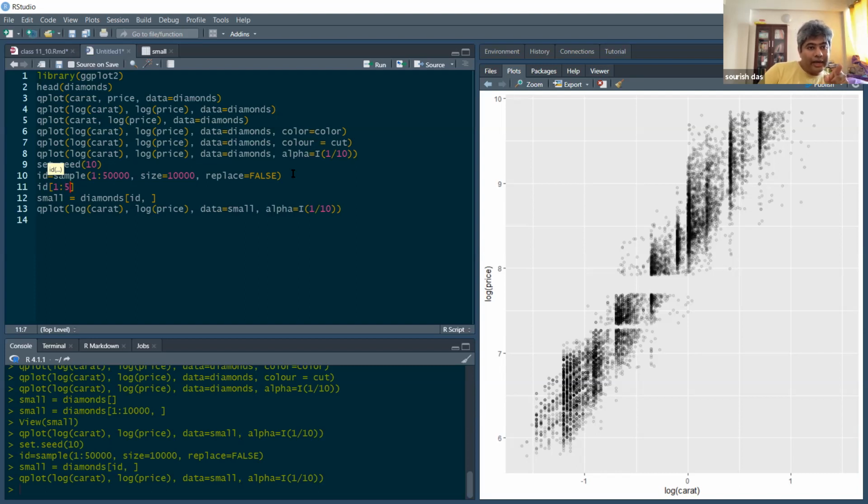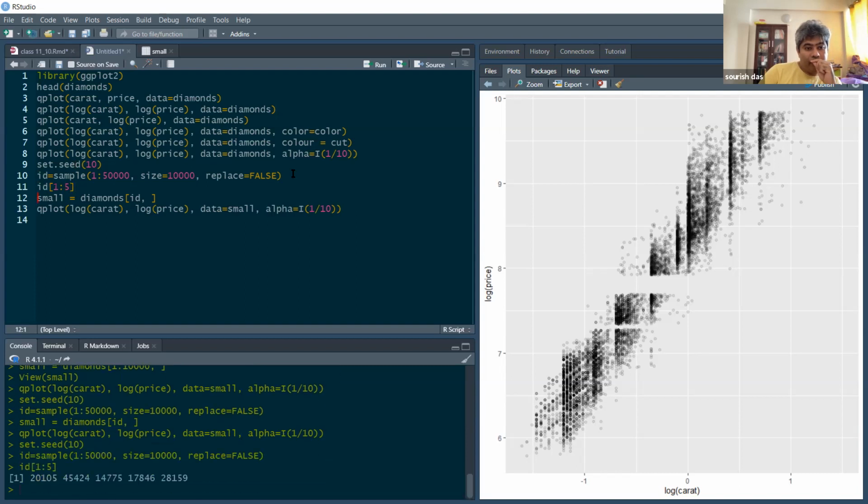Now you run lines 9, 10, and 11. These are the numbers that are being generated randomly.